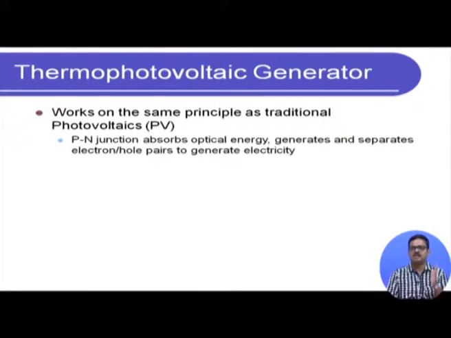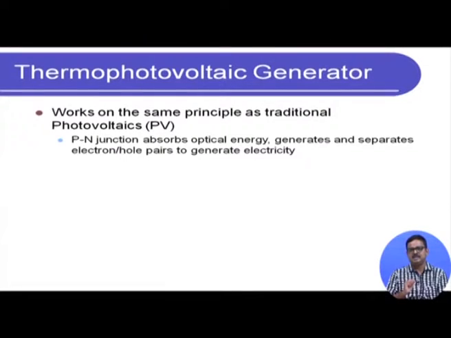So, photovoltaic, as the name suggests, photo to volts, which means a direct conversion of optical energy. So, therefore, photons to electricity. Clear? So, this is how the photovoltaic works, as we know, in a very nutshell. So, what is thermophotovoltaic? Thermophotovoltaic actually works on the same principle as photovoltaics, but the only difference here is the